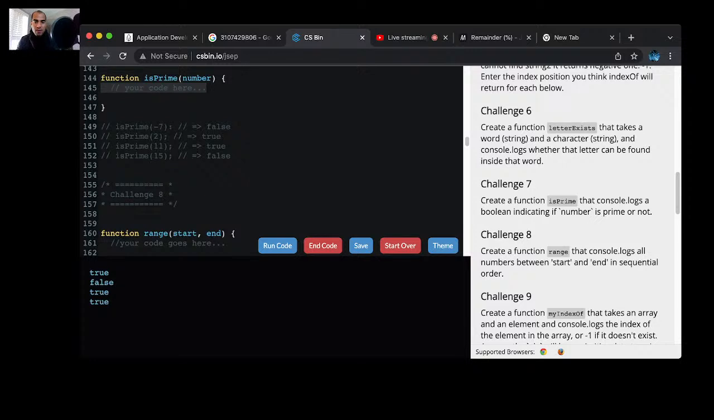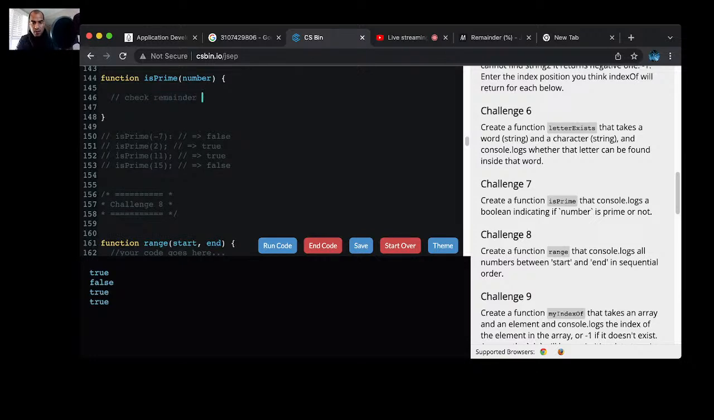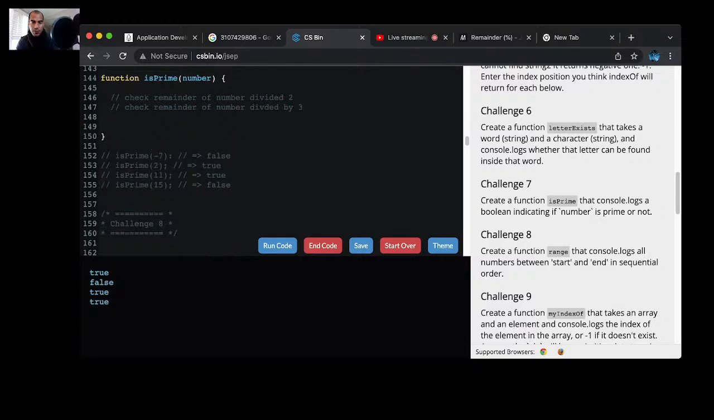So let's do some code here. Check remainder of number divided by 2. Check remainder of number divided by 3. If both, oh, I should create, this is pseudocode, so we got to put the comments there. So if both results return